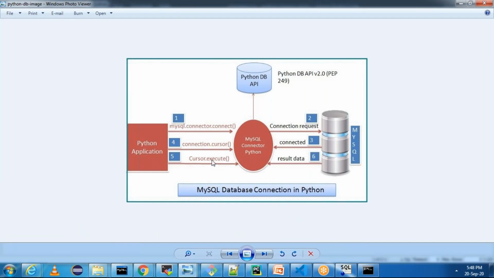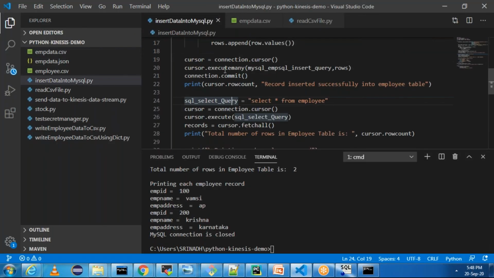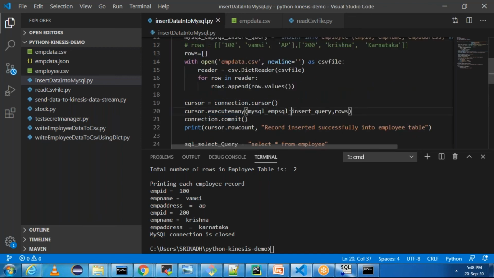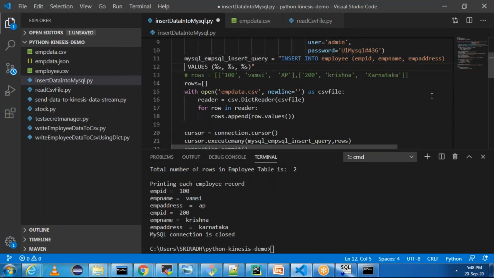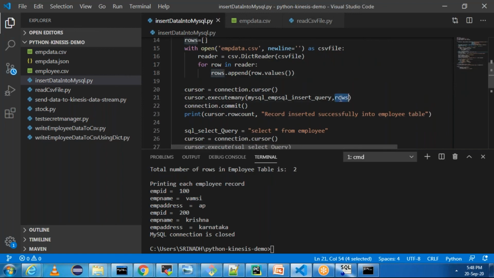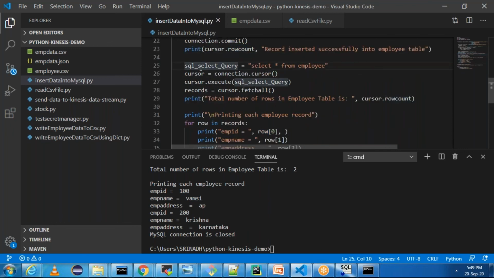If it is a single record, you can use execute multiple times. In my case, I have multiple records. Instead of execute, I use executemany, and I pass the query, and then I pass the values as well. This is my query, and then I pass the values as well. I'm going to keep this query inside the YouTube description as well, and this will insert multiple rows, and then I committed the transaction, and then I printed how many rows got inserted.